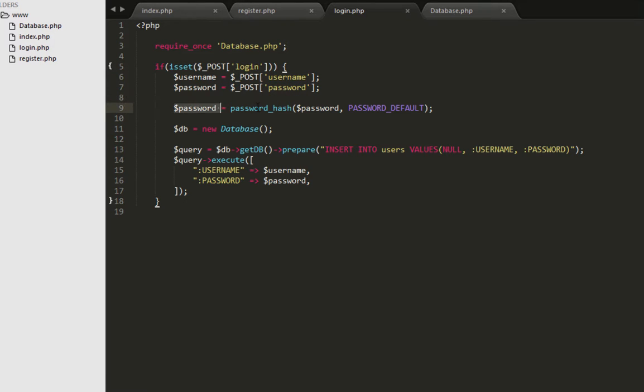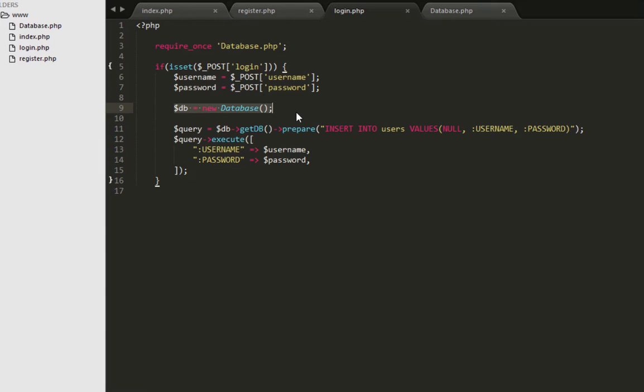We're going to keep these the same. We're not going to hash this password, so we're just going to remove that. We're going to keep the instance of the database. We are going to have to change the query a bit. The query is going to say